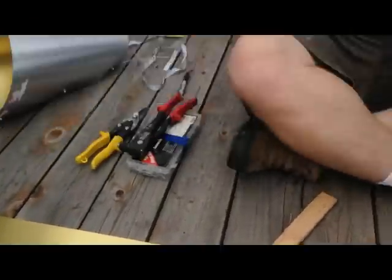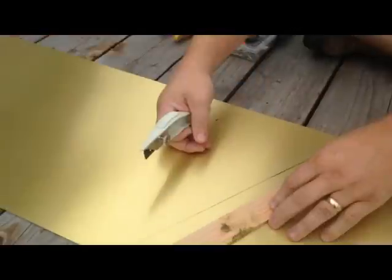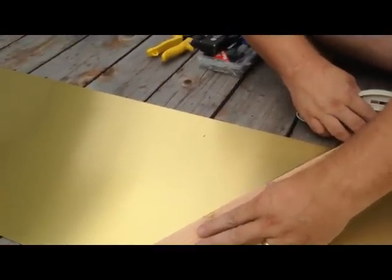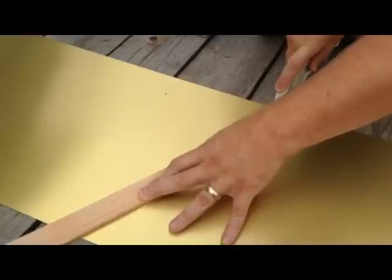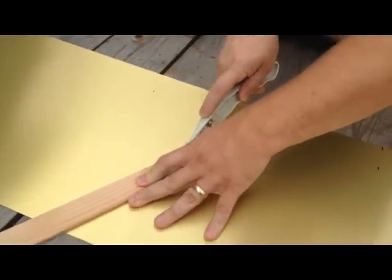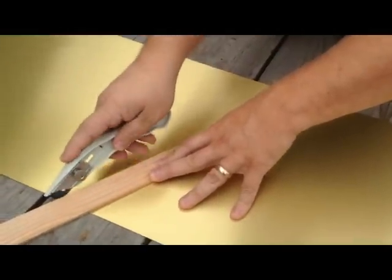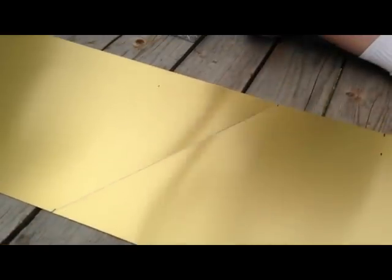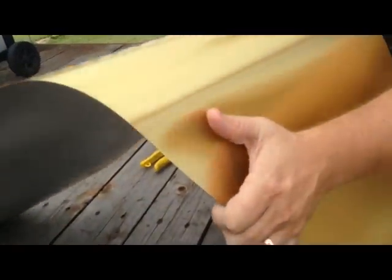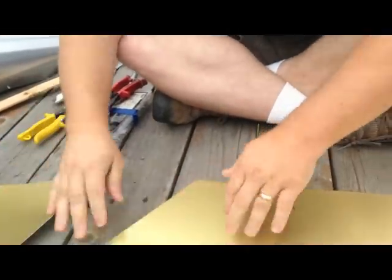So with the flashing, it's really easy. You actually just need a razor blade, and you cut along the line. You just have to score it a few times, and then it'll just break off. Like that, and then it just snaps. It's ready to go. And do it on this other side,